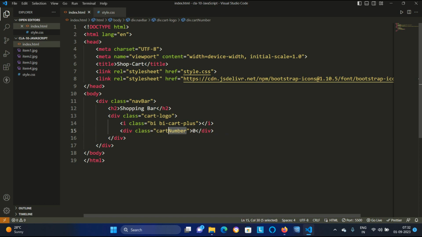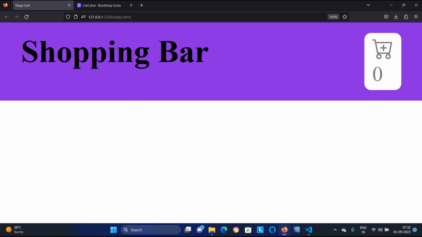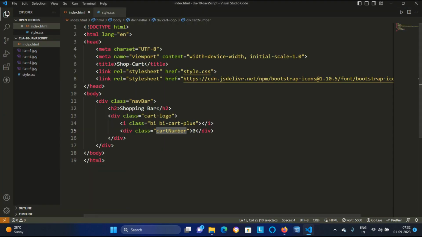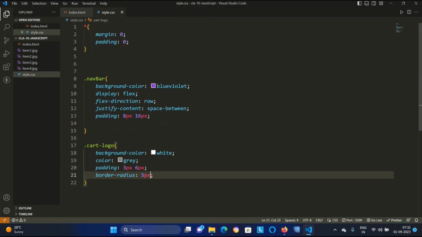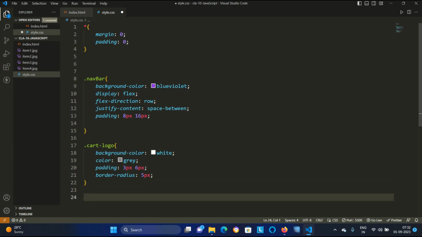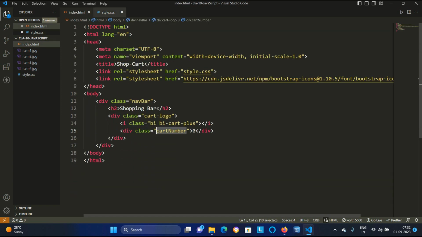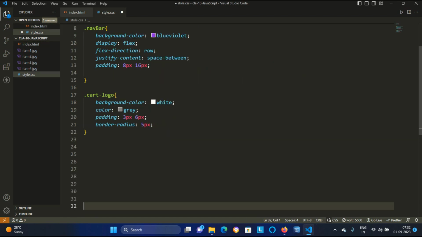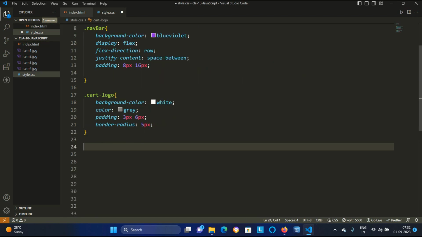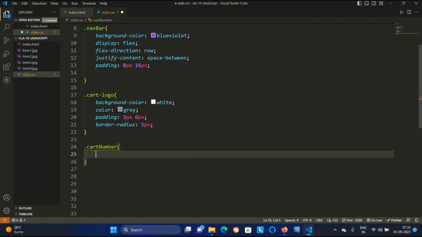So we will select this, Control C, go back, and in style.css, inside this, select it. So how will you select this cart number? By using the dot operator. Okay, then curly bracket open and close.